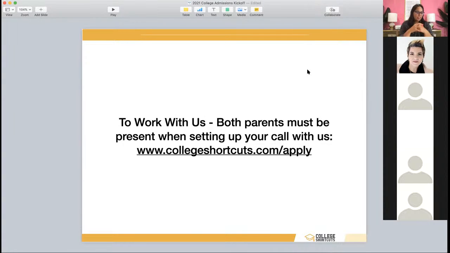One of the things my consultants say every year is the hardest thing for us to do each year is to let go. And I'll tell you, it's really hard for me too. I've got kids that are at Rice University down the street. And I still think about them almost every week. I may not chat with them all the time, but we remember every child that we work with, because when you work with us, you become part of the College Shortcuts family.